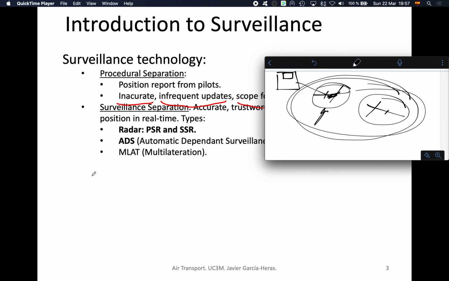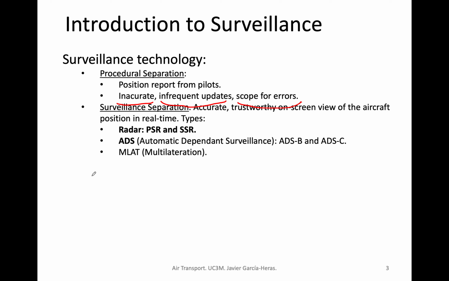So you can trust more the information that you are getting in real time. This is not just guessing when this aircraft is expected to arrive. You see on the screen where your plane is, and also more magnitudes, such as speed,